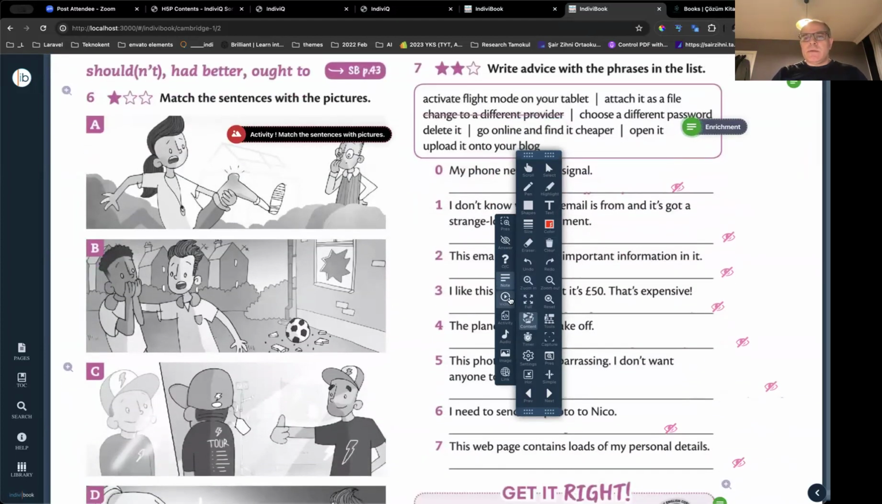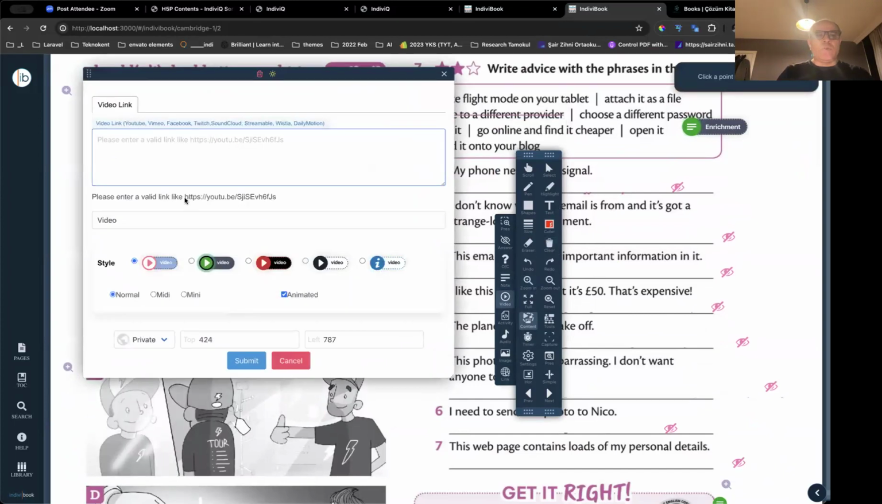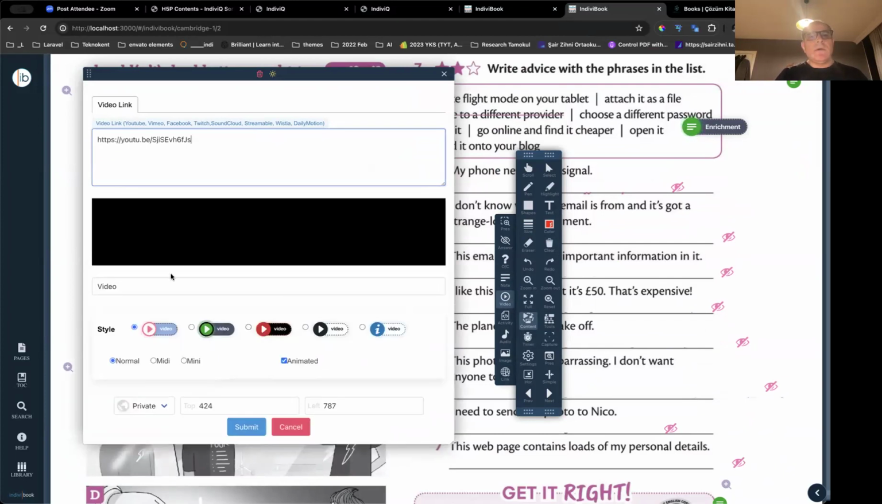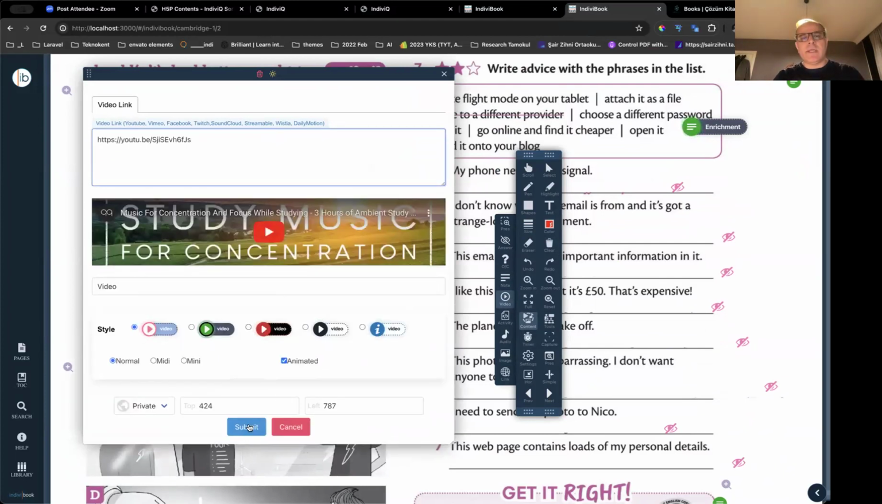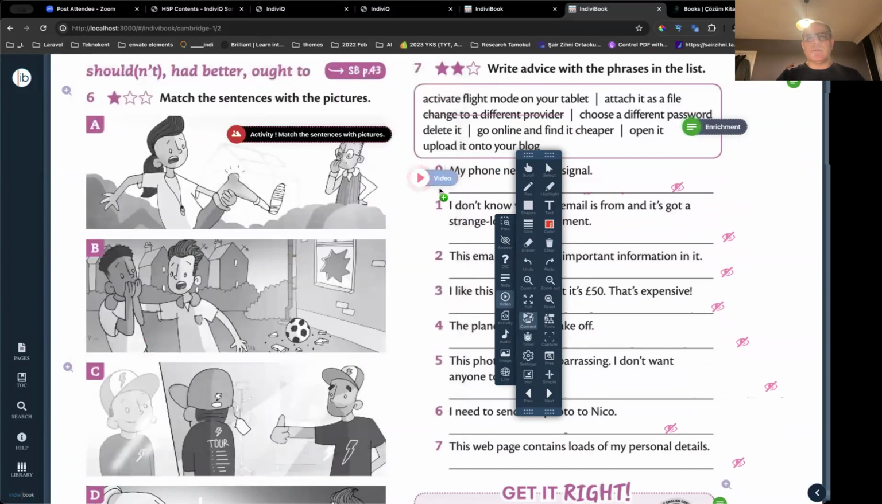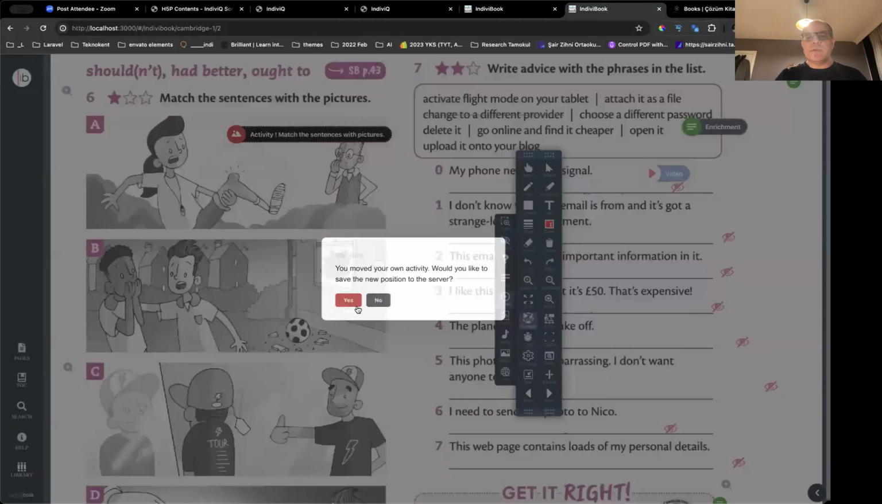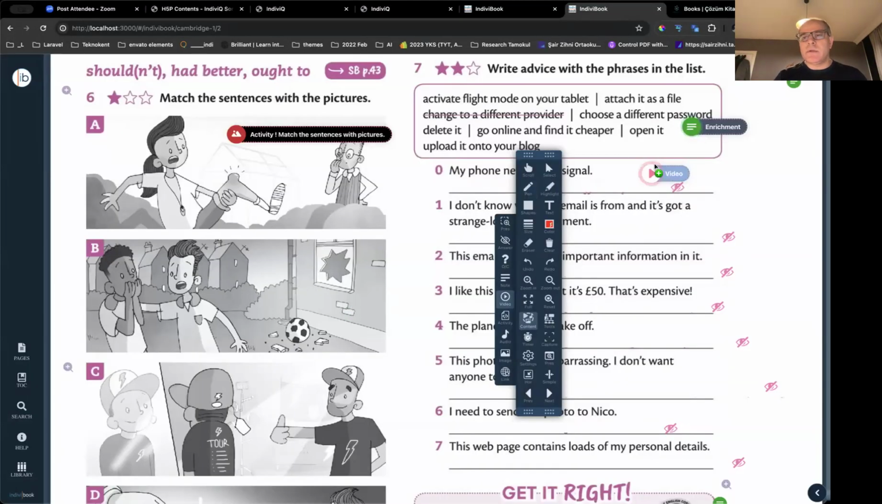The other one is video. You can easily add any kind of video from YouTube. I'll just use this one to demonstrate. And I can enrich my page with a video. So it will be here. You can easily change the placement of the button. Let's say I want it to be here. It'll show me here. And when you open here,